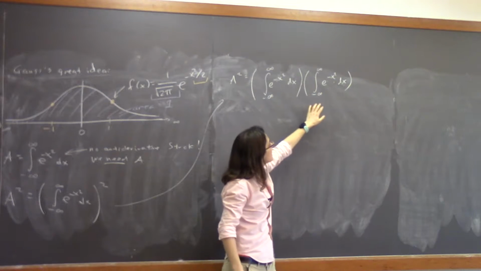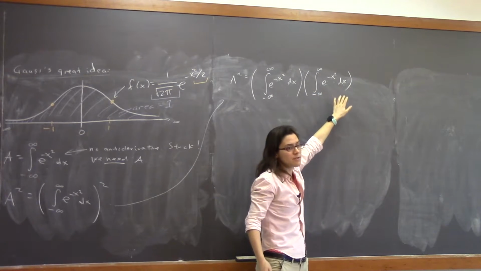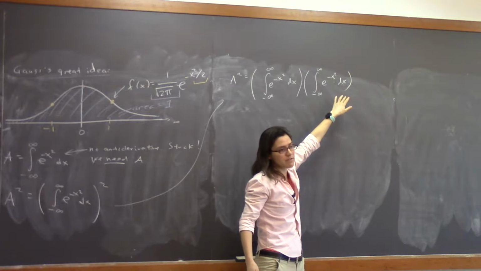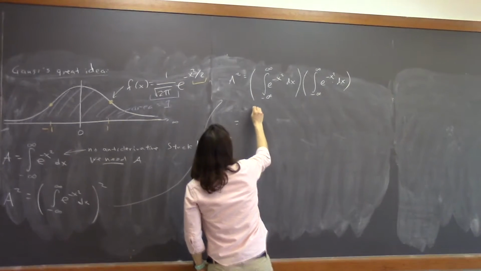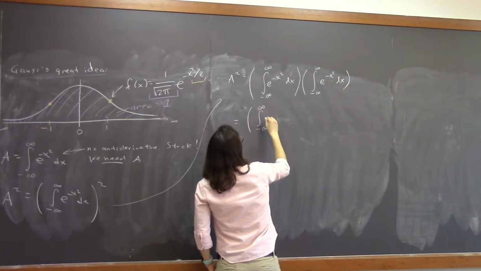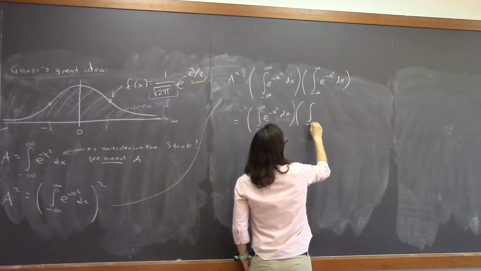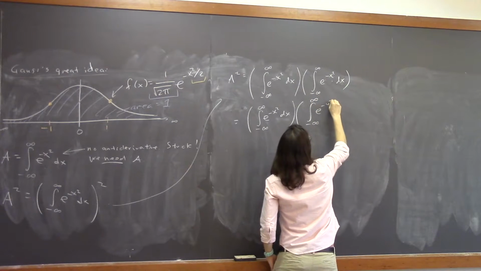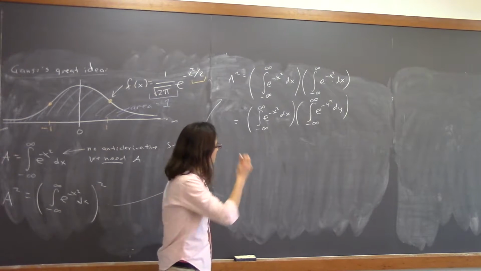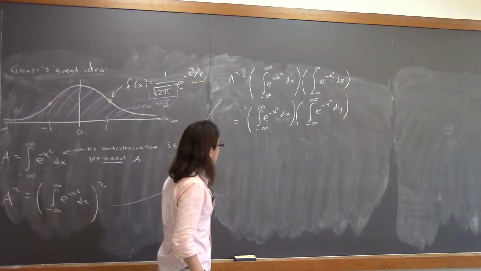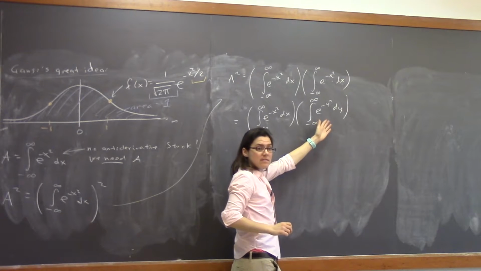So it does not actually matter that this is e to the negative x squared with respect to x. It could be anything. It could be e to the negative Swarthmore squared with respect to Swarthmore. Or it could be e to the negative y squared with respect to y. It's just a variable. So I'm going to call this variable y. So the first one, we'll leave it as x, the integral from negative infinity to infinity of e to the negative x squared dx, times the integral from negative infinity to infinity of e to the negative y squared dy. Okay. Now, let's see. With respect to x, y is a constant.